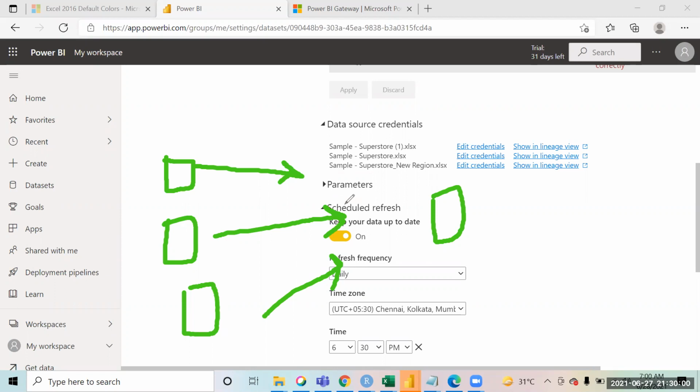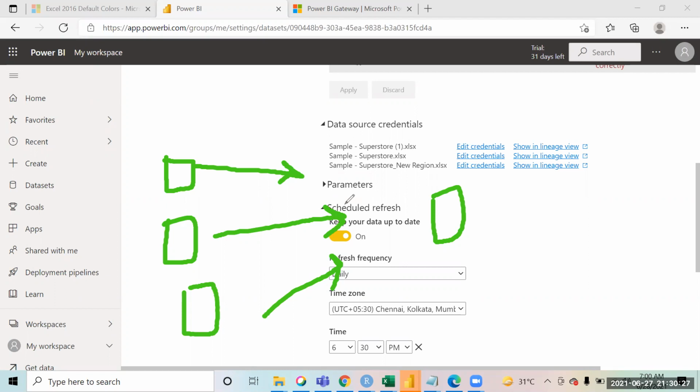So let's say I'll have these 3 source files only: sample superstore 1, sample superstore XLSX, and sample superstore new region. I'll have these 3 files on my laptop, and every day, suppose I'm getting the data of a few accounts, I'll put that data in these files on my laptop and save them.